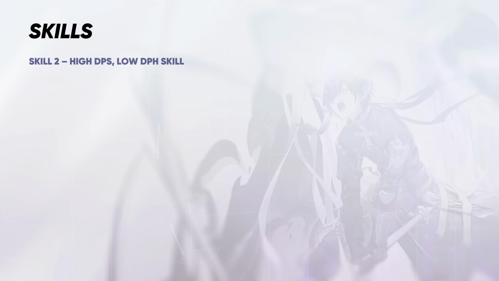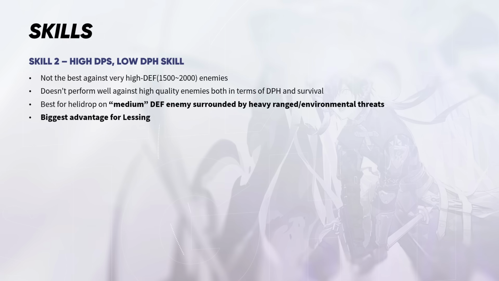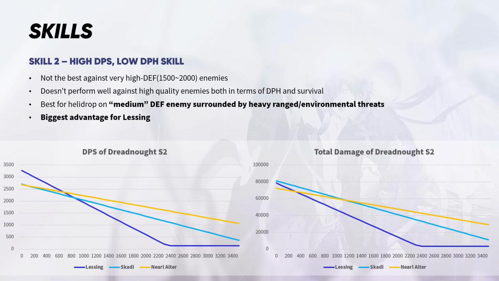But the high DPS from this skill comes from the double hit. The DPH, unfortunately, is notably lower than the other two 6-star Dreadnoughts, so his performance unfortunately decays rapidly with enemies' defense or when his own attack goes down. So when you compare the DPS and total damage, Lessing only gets his advantage for enemies with less than 800